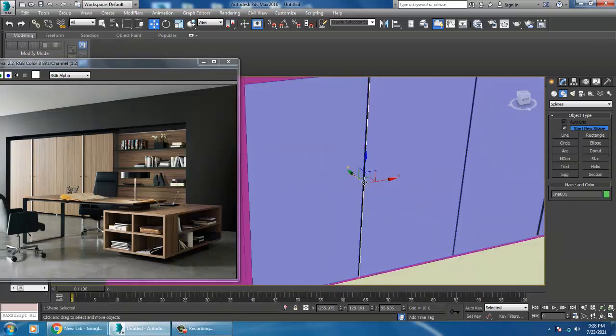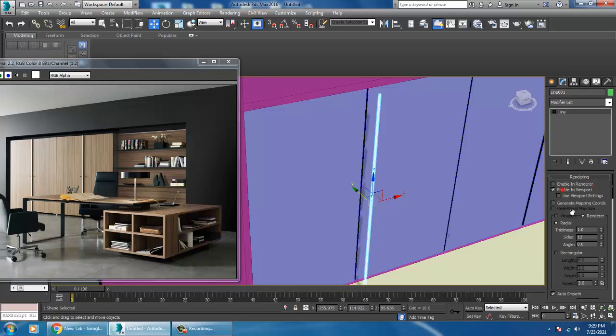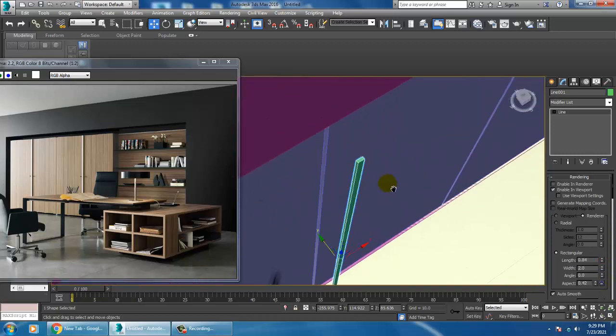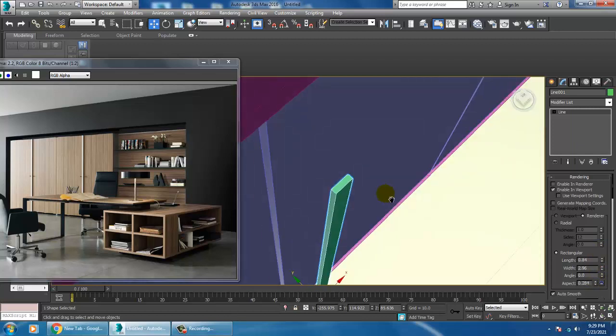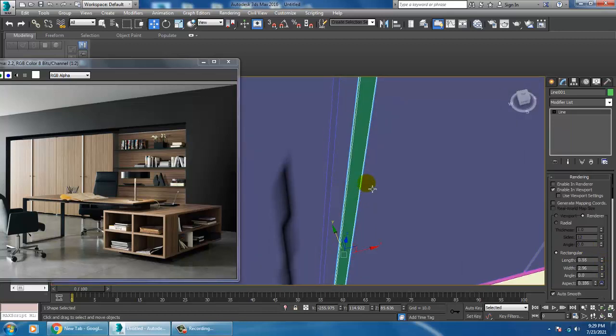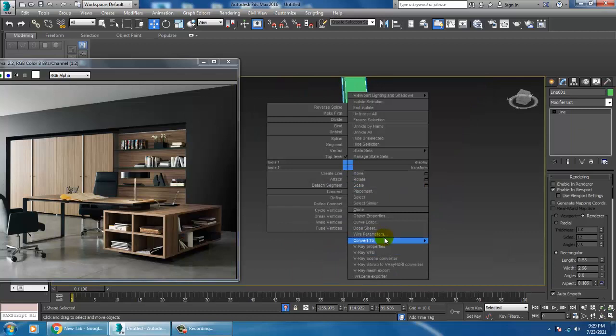After taking a line, let's go into this rendering, enable in viewport, and make it rectangular, and increase its width a bit, reduce its length. Isolate selection, right click, convert to editable poly.